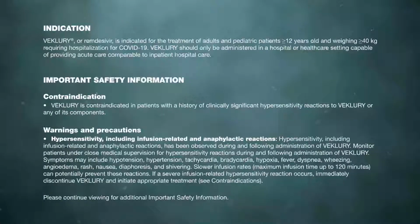Veklury, or remdesivir, is indicated for the treatment of adults and pediatric patients 12 years of age or older and weighing at least 40 kilograms requiring hospitalization for COVID-19. Veklury should only be administered in a hospital or healthcare setting capable of providing acute care comparable to inpatient hospital care. Veklury is contraindicated in patients with a history of clinically significant hypersensitivity reactions to Veklury or any of its